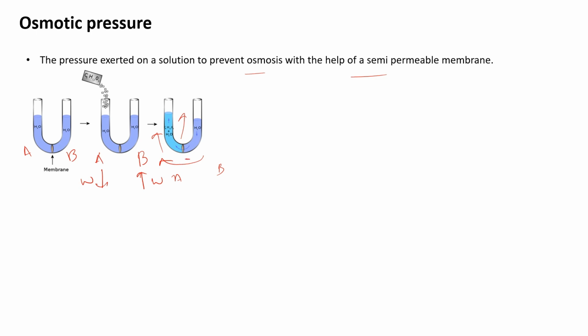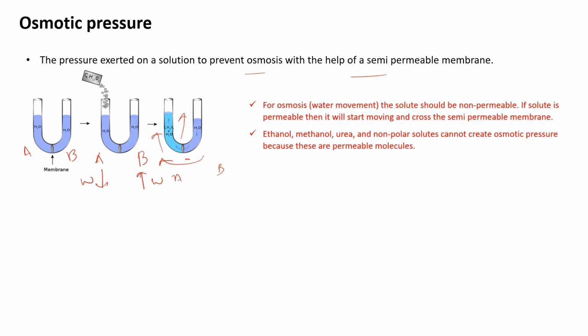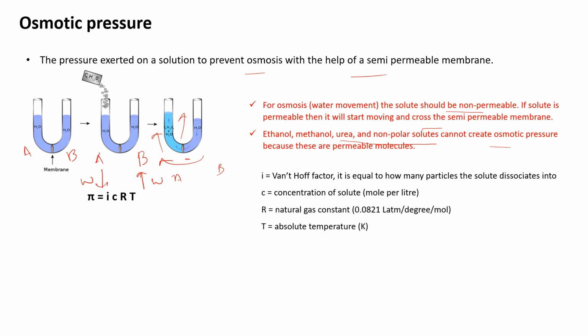If the solute becomes permeable for this membrane, then solute will also start flowing. In that case, osmotic pressure won't generate. So for osmosis, the solute should be non-permeable. If the solute is permeable, it will also start flowing through the semi-permeable membrane, and in that situation, osmotic pressure won't generate. For example, ethanol, methanol, urea, and any non-polar solutes pass through this semi-permeable membrane and hence cannot create osmotic pressure. Osmotic pressure can be calculated using the formula pi equals iCRT, where R is a constant,